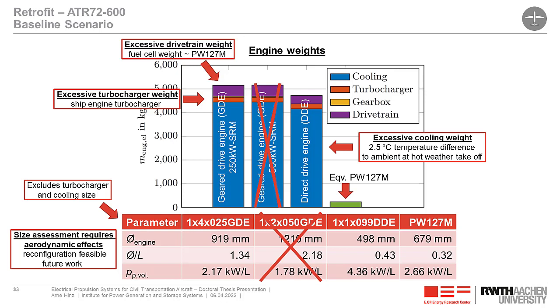For example, we could switch from one engine module with 4 propulsion modules to 1 propulsion module per engine module, and therefore stacking 4 engine modules in a line. By this, we can reduce the diameter to 500 millimeters, and this in turn will lead to a longer engine, and in consequence to a diameter to length ratio of about 0.18, which is in the same range as the turboprop engine. But this is actually future work.